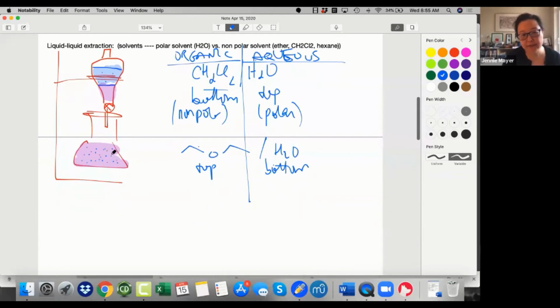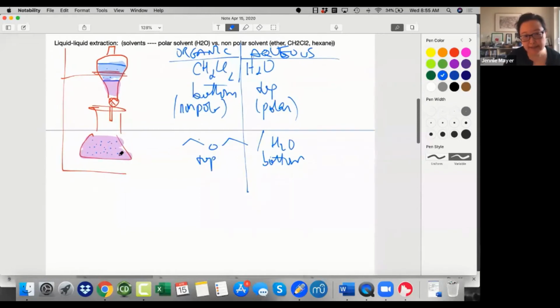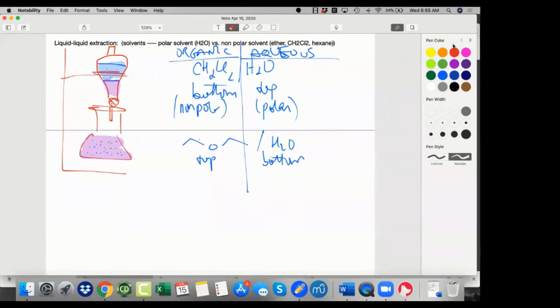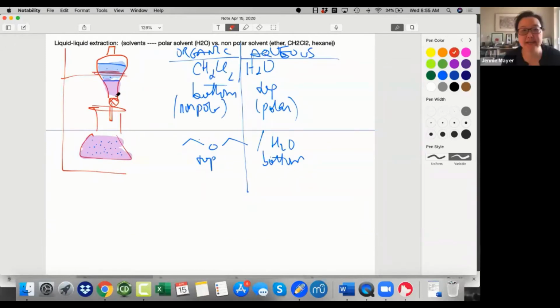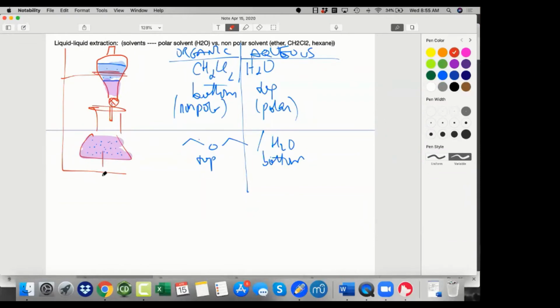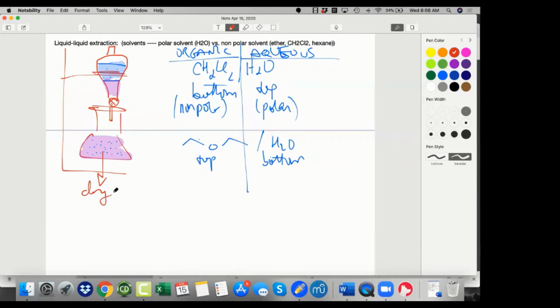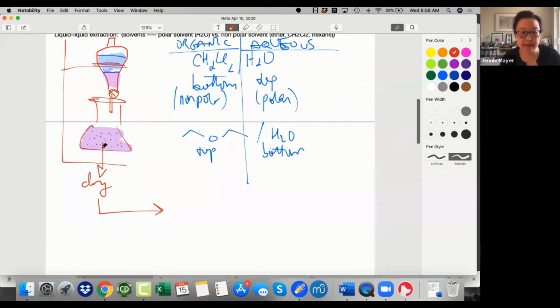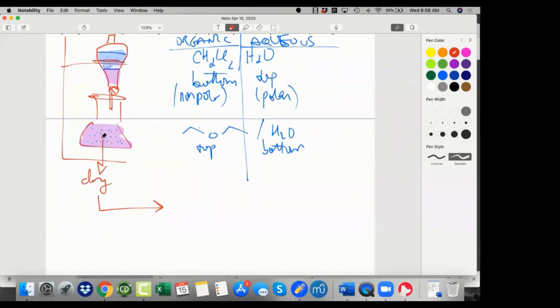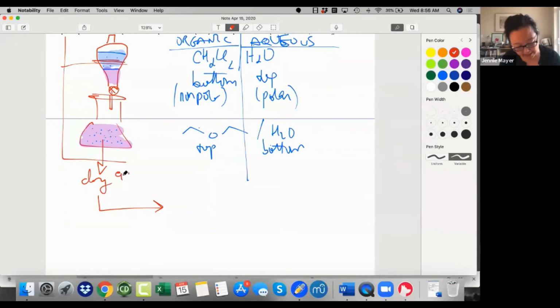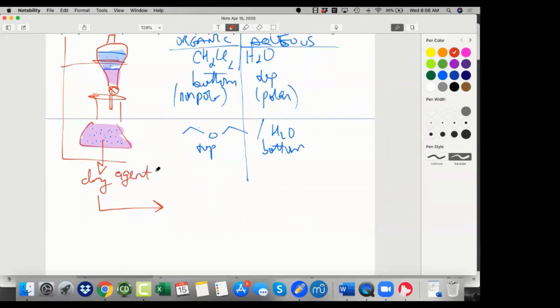Okay, so now that we have this, what do I do with it? Do you guys remember, procedural wise? I don't want this liquid, I just want the solid. Extraction? Oh, so I did the extraction here. Evaporate it. Right. Evaporate it. Dry it. Yes, that's right. So I dry it first. So what can I use to dry this? Boiling. Well, I don't have a lot of water there, but I have some. Water bath and the nitrous spray. Yeah, but before that, I have a drying agent. Oh, and you got to put that. Sodium sulfate. Snow globe. Right, snow globe,